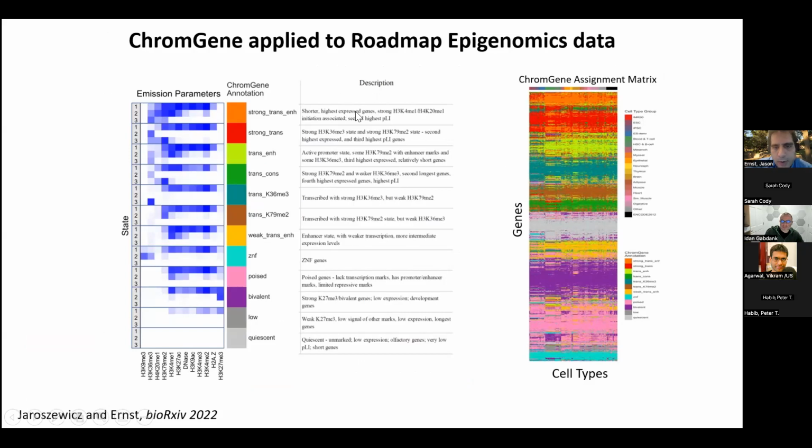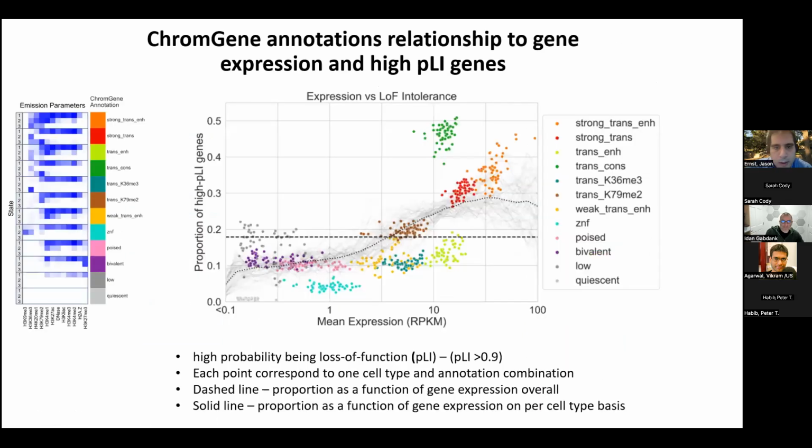And then we've given biological descriptions associated with these different states. And then what you're seeing here is an assignment grid. The rows correspond to genes, and the columns the different cellular tissue types. And just to give an example of one analysis here, we can compare these annotations to gene expression and high